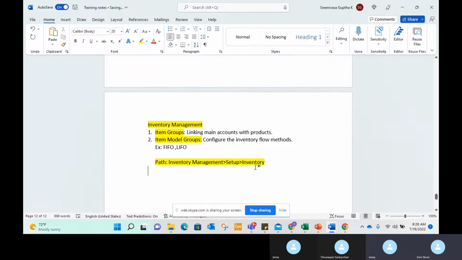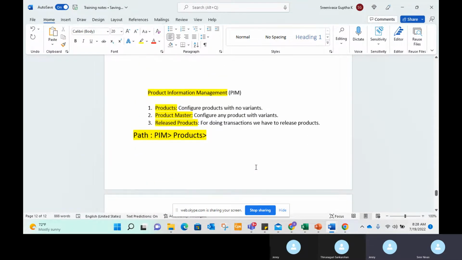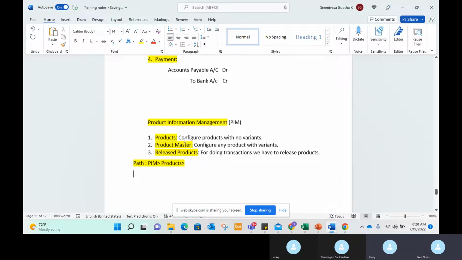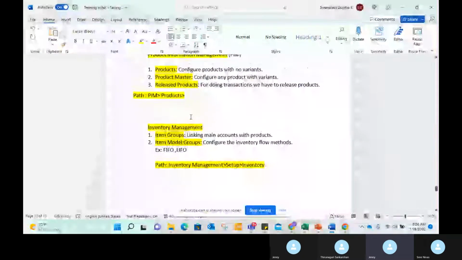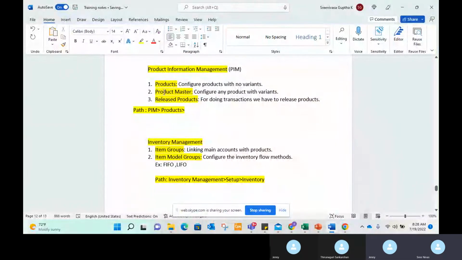So first, theoretically, are you clear with this? What is the use of configuring this product information management, everything? Yeah, clear. So in product information management, products, product master, released products we will be doing, and in inventory management, item groups and item model groups. Now let's quickly go back